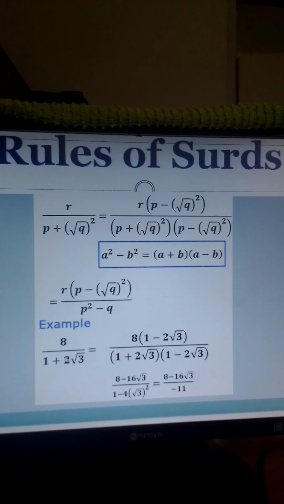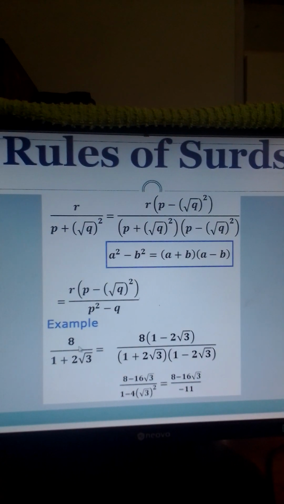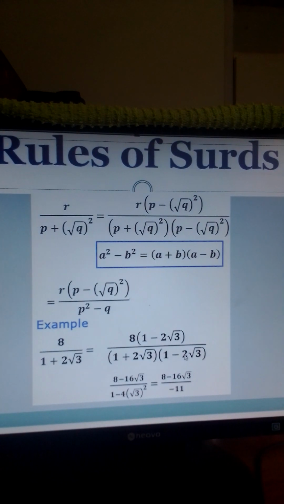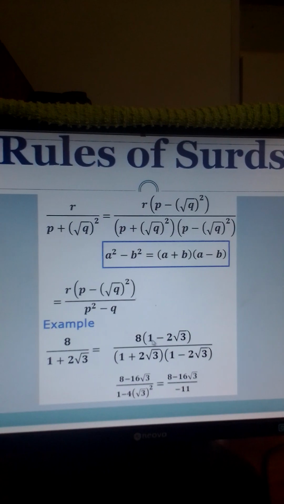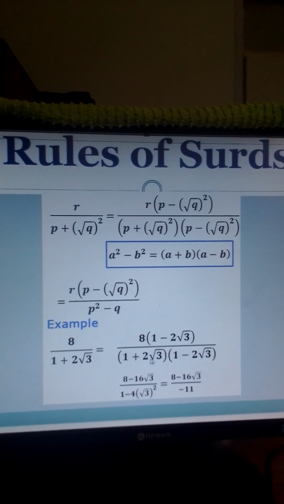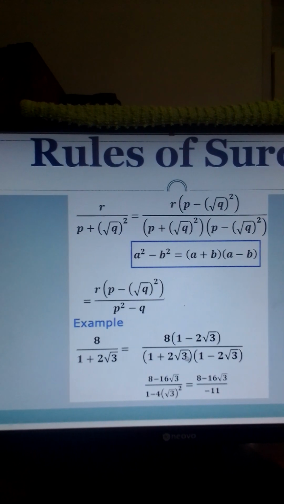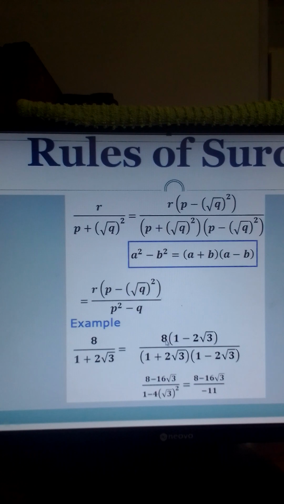divided by 1 plus 2 root 3. This is equal to, we multiply the numerator and the denominator by the conjugate of 1 plus 2 root 3. This is equal to 1 minus 2 root 3. So we have 8 into 1 minus 2 root 3 divided by this. So you get, this one is a difference of squares. So we have 8 into